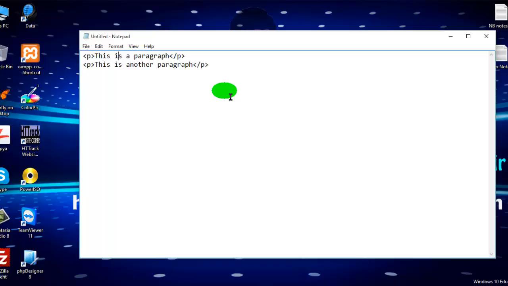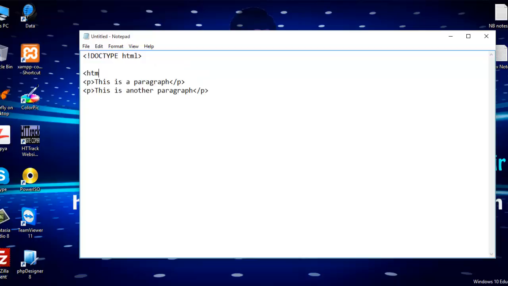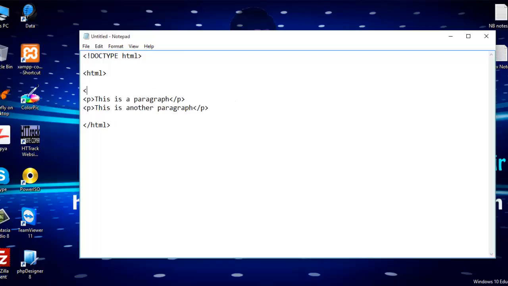Now if we want to see them in the browser, then first of all we should declare the doctype HTML. Then we start the HTML tag, which is also called the HTML main tag, and close it here. And we always take the visible content in the body tag.